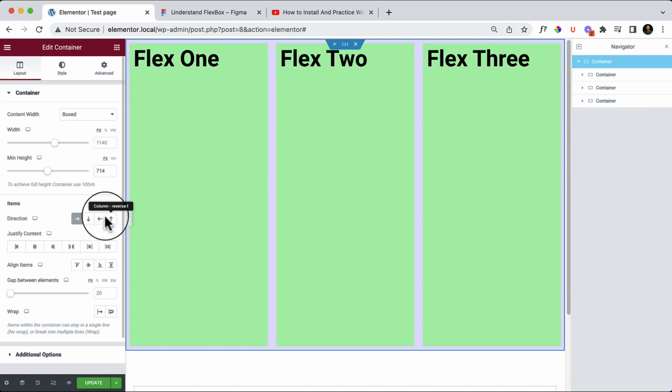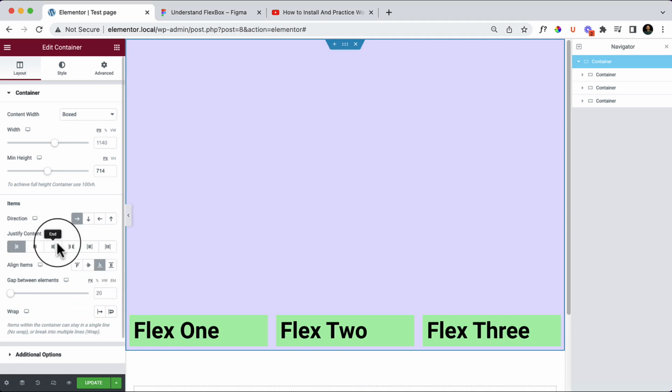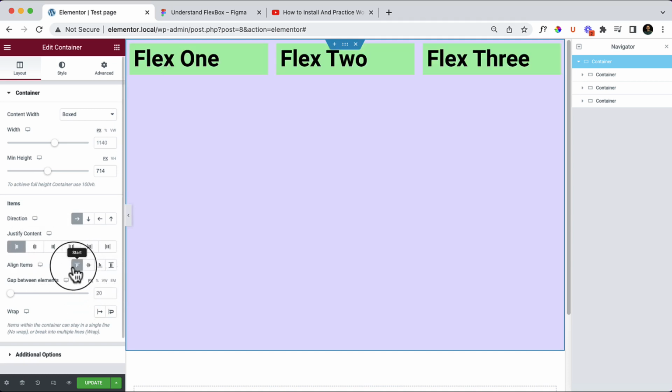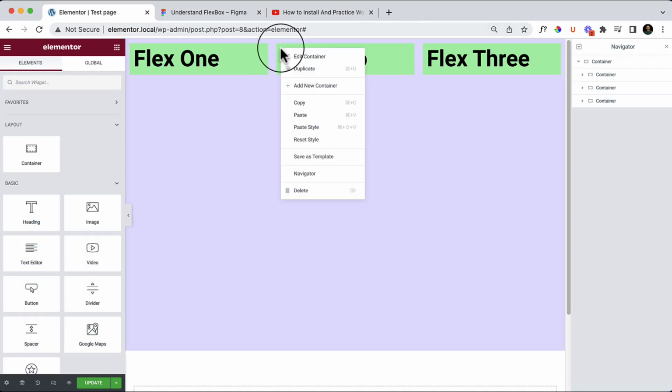So as you can see, we can change direction easily. We can change the justify content. Okay, so justify content is very important. I will share how it works, but in the meantime let me share how align items works. So I have changed the align items here. Well, now let's delete